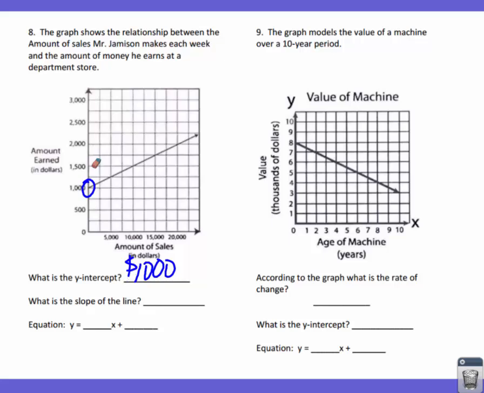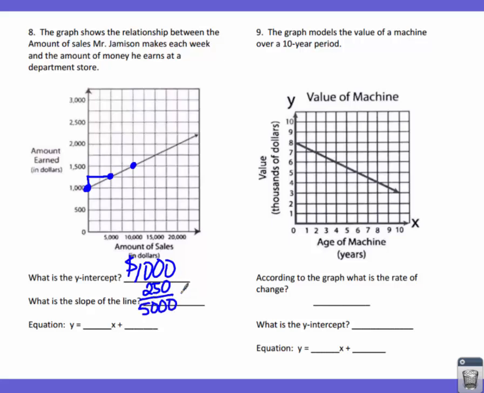Now we're looking for what is the slope. So we've got to look at some good points. So here's a good point. Okay, here's a good point. Here's a good point. Okay, so if we use those points there, this one right here goes up 1 line, which is actually how much? Okay, going from 1,000, this one's 1,500, so this is actually going up 250. It's going up 250. And then this one goes across, how much? 5,000. So we end up with a slope of 250 over